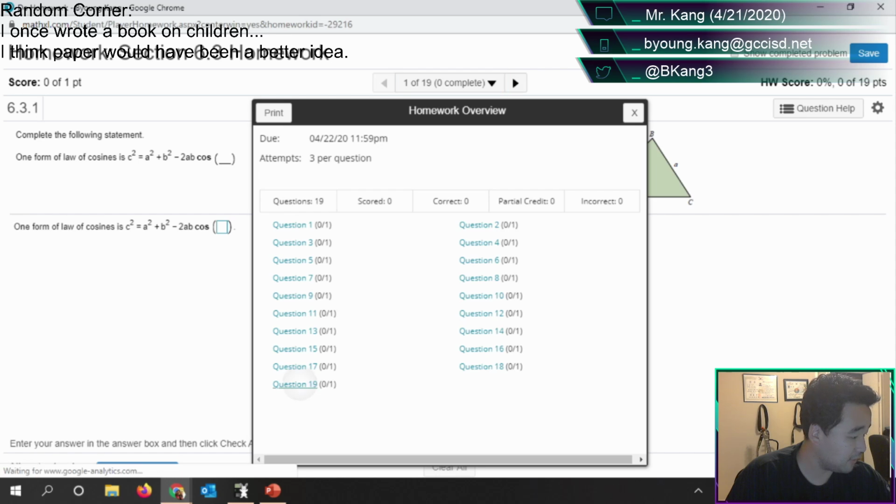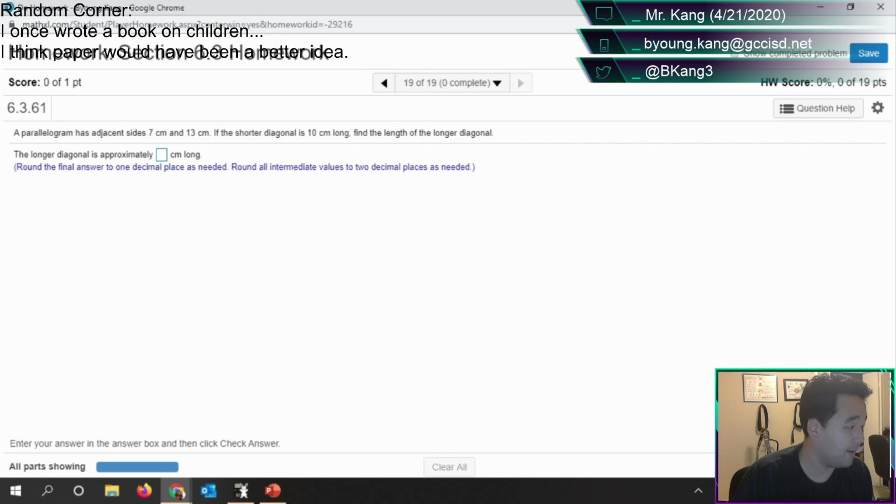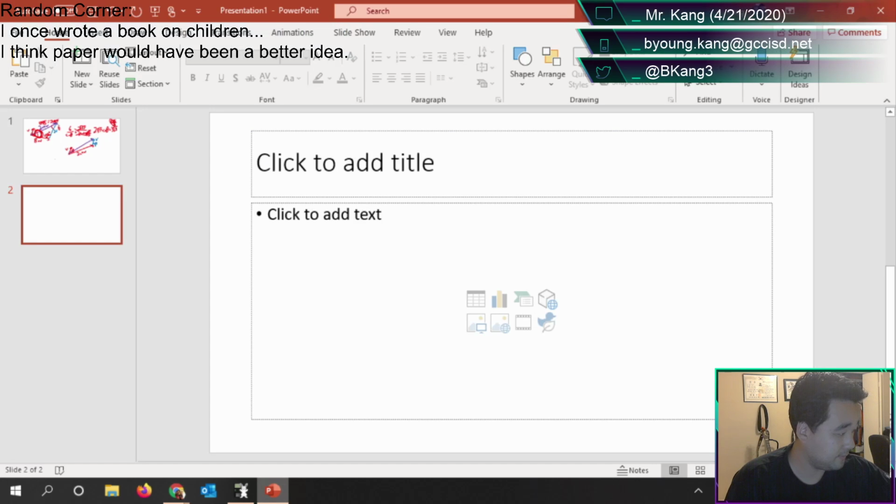So 6.3 is law of cosines. A parallelogram has adjacent sides 7 and 13. If the shorter diagonal is 10, find the length of the longer diagonal. So,